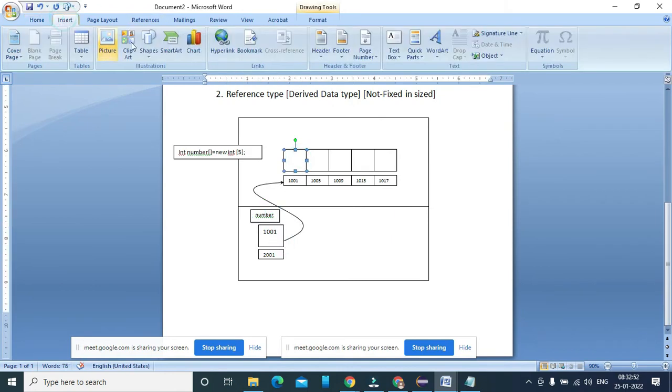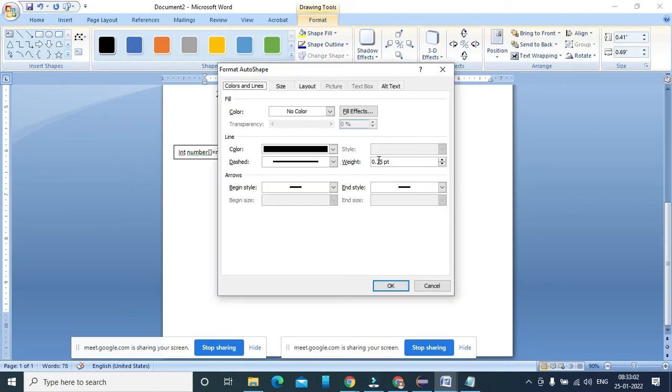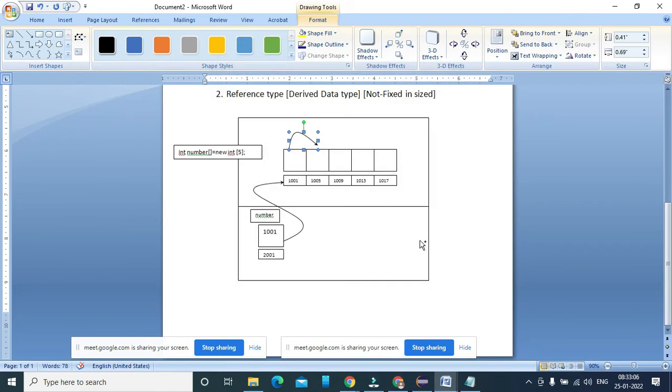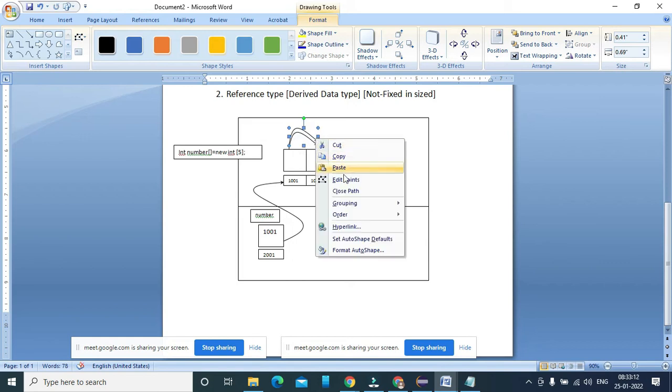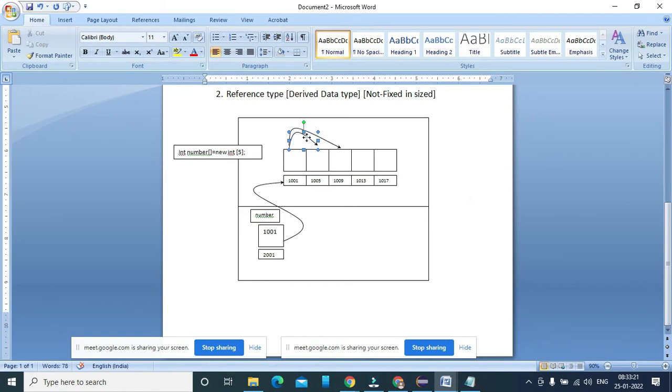Then if I increase the address, simply typing number plus plus, the address automatically increases and points to the next element of the array. It keeps moving to the next element of the array from the base address.